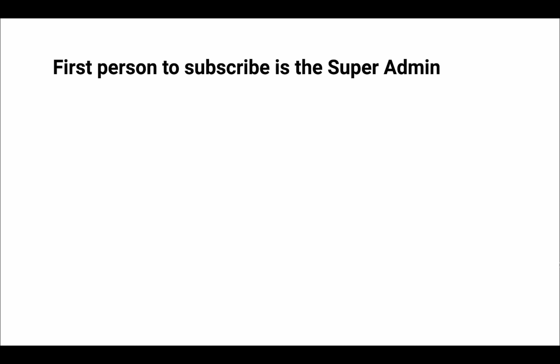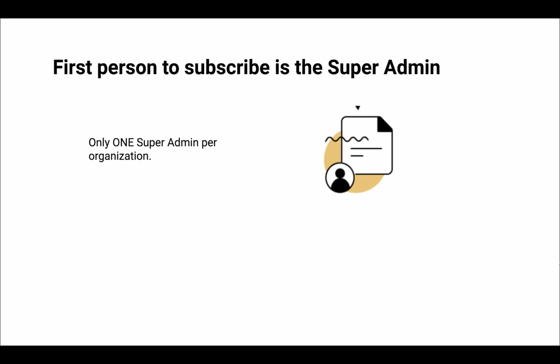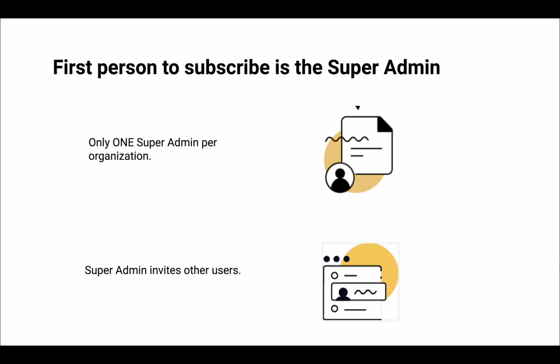A super administrator is one who has all the administrative privileges, and there can be only one super admin per organization. The super administrator then invites other users on board. There is another thing that you need to note about the super administrator. The only difference between super administrator and a regular administrator is that the super admin also acts as the point of contact for Zoho for subscription and other billing details, other communication.